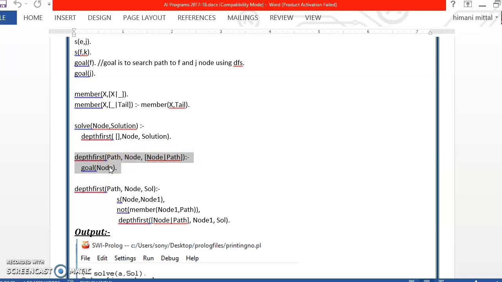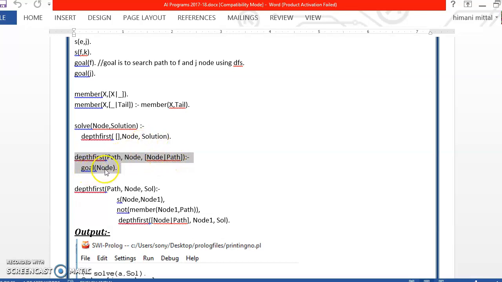You understand this? If the node which we have supplied here is the goal that we want, then we append this node as the first element of the path, club the two into solution and return this over here.